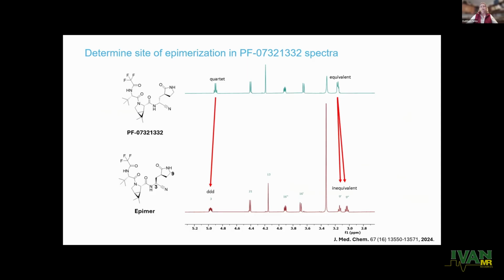The other thing that they were worried about, at least early on, till we got a better handle on it, was what kind of conditions would cause epimerization. And in this case, it's at the 3 position right here. And it's very diagnostic in the proton spectrum. You have something that is equivalent going to inequivalent on the 5-membered ring here, and also this quartet going to a DDD. So it's very diagnostic,